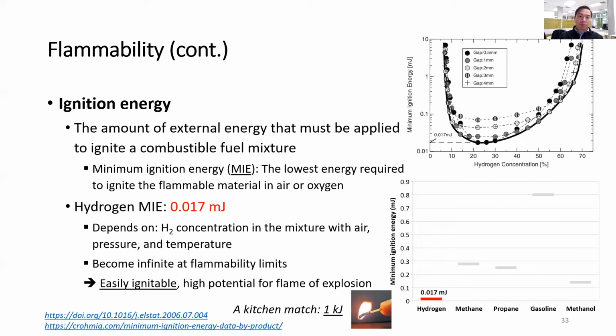To give an idea of how small this energy is, I would like to give you an example of the energy released when you light a kitchen match and let it burn completely. The total energy that you would release is 1 kilojoule. Have a visual of that 1 kilojoule in your mind and try to divide it somewhere between 500 million to a billion times. Then you would get the energy required to ignite the hydrogen when it is in mixture with air.